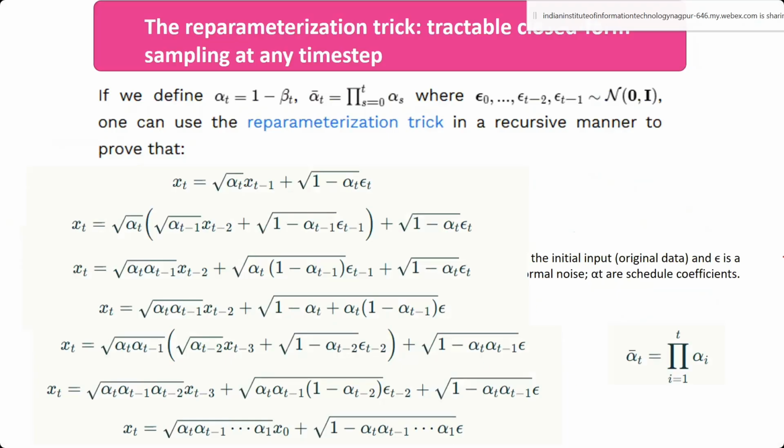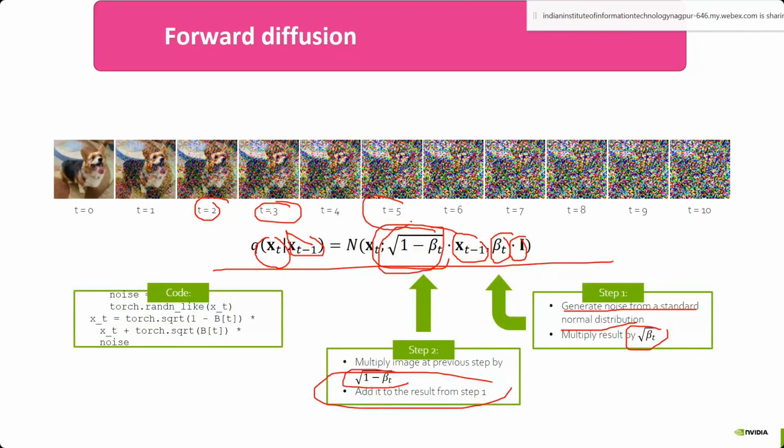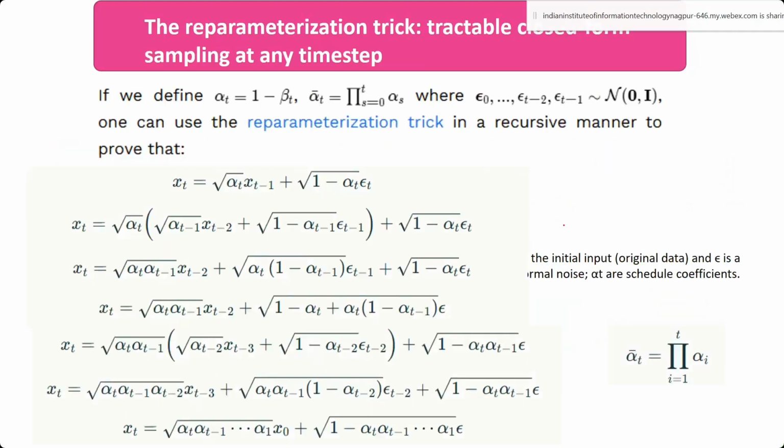So here again there is a reparameterization trick used. There is a possibility that I want to get this x5 image based on the x0 image, right? Because what we are doing actually, step by step we are adding noise. What we have seen is we take the x4 image, add noise to x4, and get the x5 image. But my question now is: I have to get the x5 image if the x0 image is given to me, and the concept should remain the same, I need to add the noise step by step. So for that purpose we have made something called the reparameterization trick.